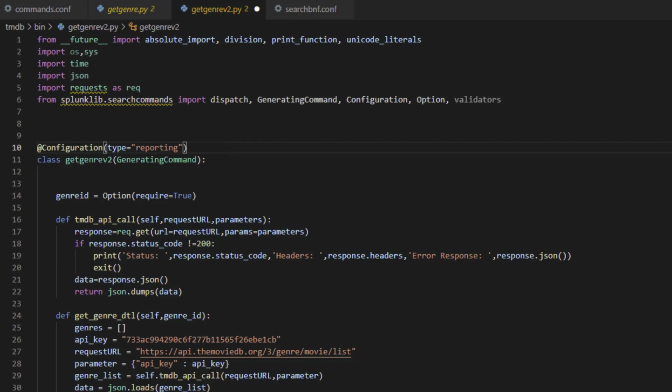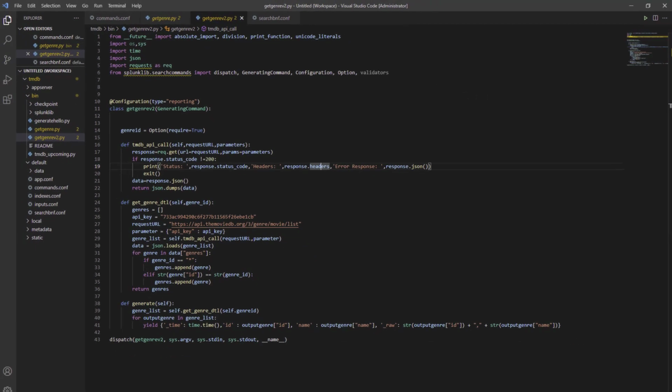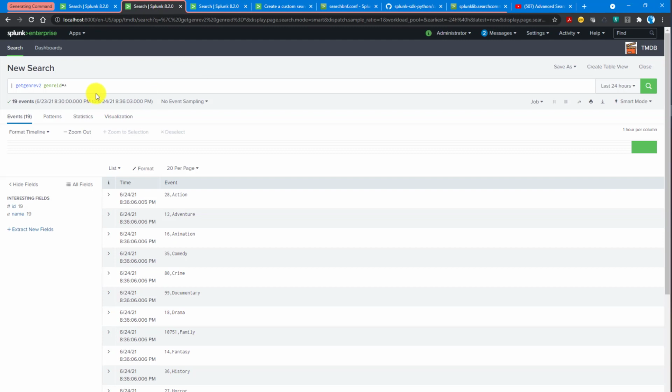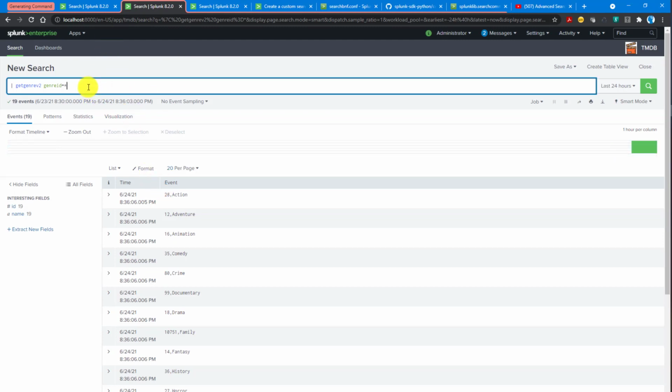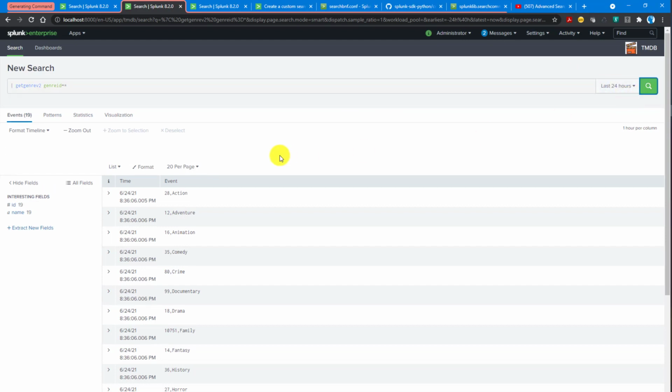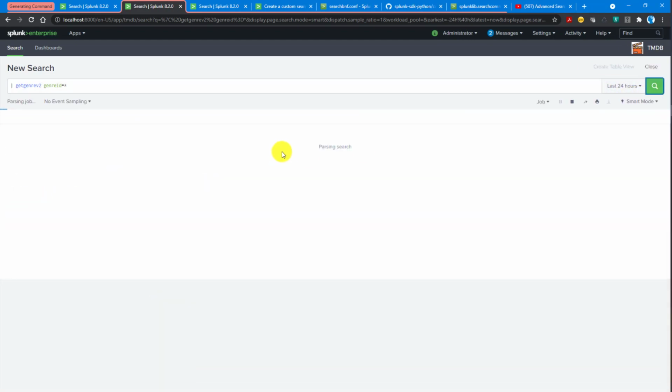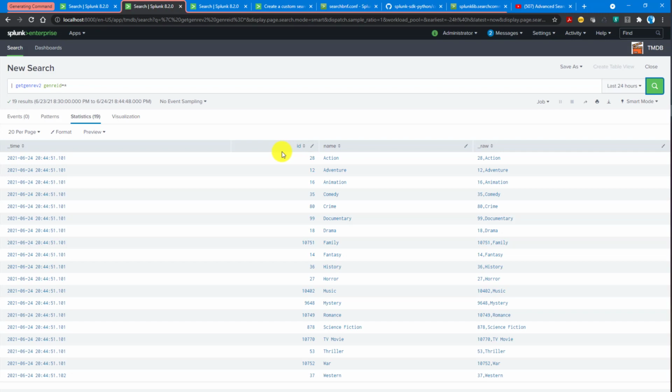Now this should allow me to generate the output in a tabular format, so that I do not need to use the table command to do that. If I run this command again, and if we have done it correctly, it should give me the data in the tabular format. If you see it over here, it gives me all the details. You can always take the fields which you need, but at least it is transforming this data and showing the